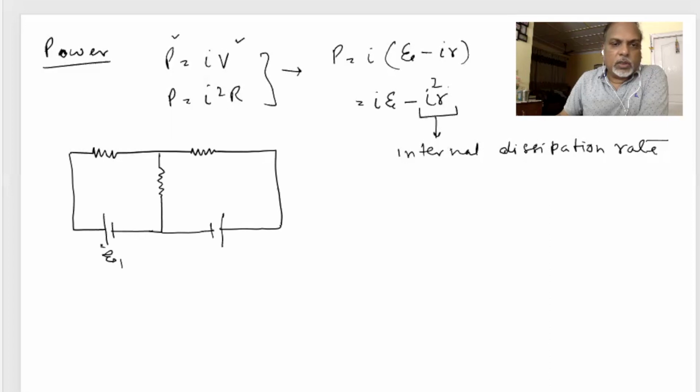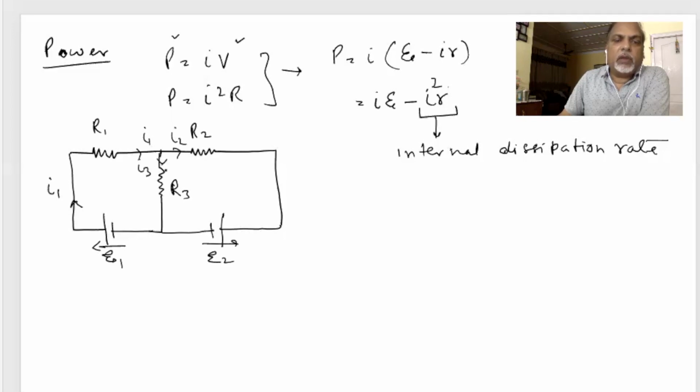This is E1, this is E2, but this is R1, R2, this is R3. Suppose this I1 current is flowing through this. Now as a junction rule I told you, this is I1. Suppose this is bifurcating into I2 and I3,